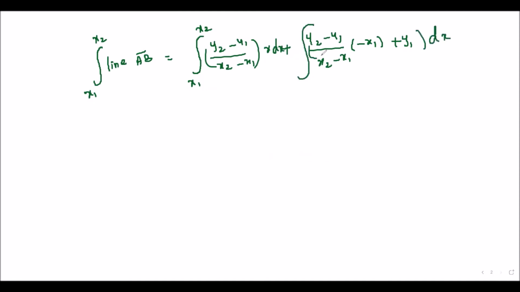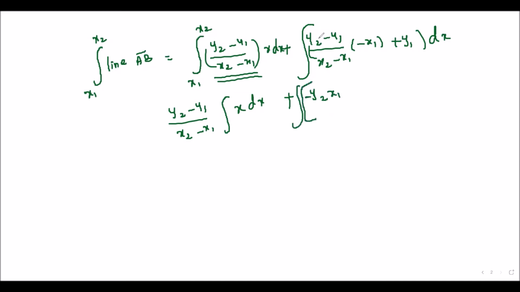See, it looks so big, but it's very simple to do because most terms are constant terms. You can see the whole thing, this is constant for you. So I can take that constant completely outside. So it is (y2 minus y1) by (x2 minus x1) of, you need only the integration of x dx here. And coming to this part, here also everything is constant. So let me simplify in this step. So it is y2 into minus x1, which is minus y2 x1. Let me put a bracket here, and here one bracket I will keep, minus y2 x1 plus y1